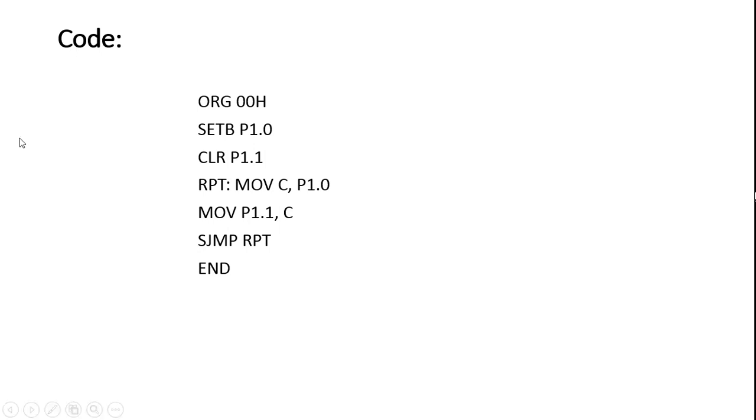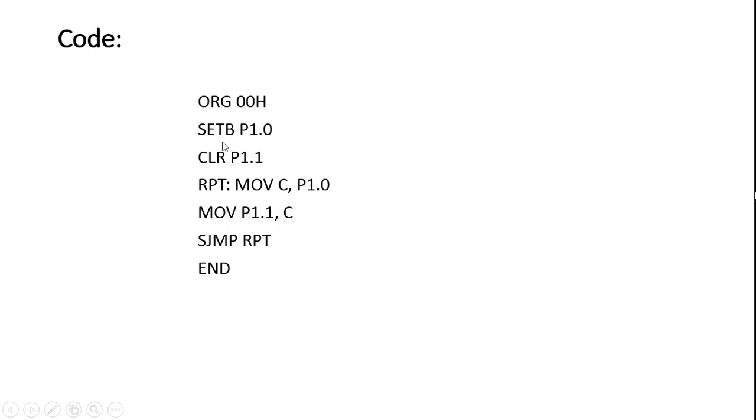So we can send or receive data by mentioning port number, and after the dot we can specify which pin we are specifically talking about. So we can call port 1.0 to port 1.7. There are 8 pins in every port.